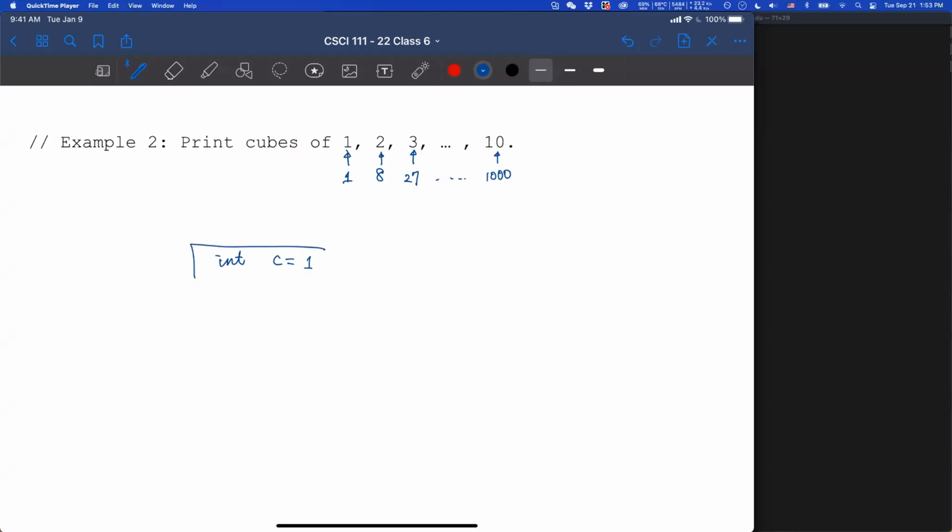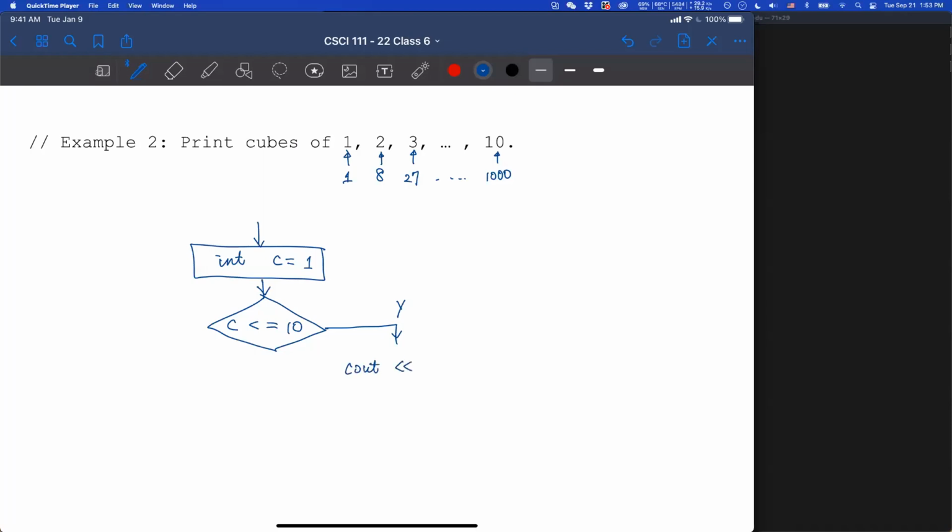While C is less than or equal to 10. So this is our question. What will you do? cout C times C times C.